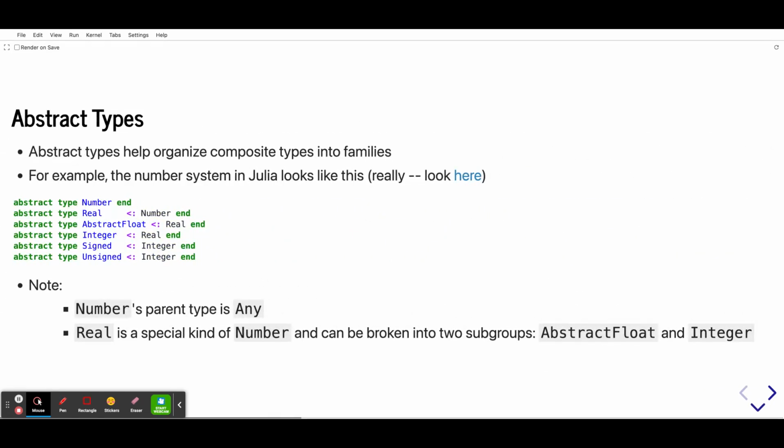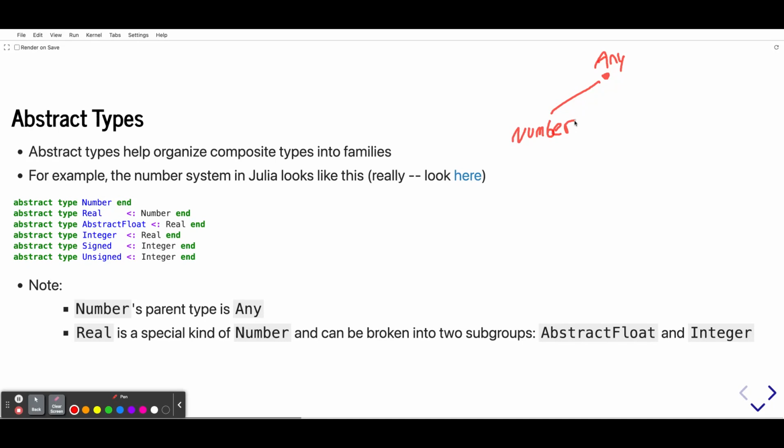So let's talk about abstract types for a moment. What do they do? If we can't create them, why do we even have them? Well, abstract types really help us form the structure of that tree. So if I were to draw out a little bit more of that tree, we know that we start with any at the very top, but then underneath any, it tells us we have number,